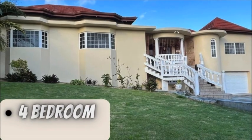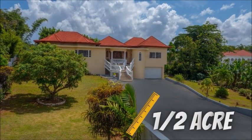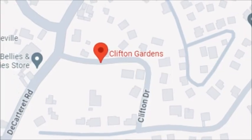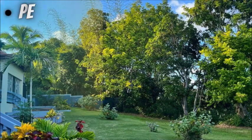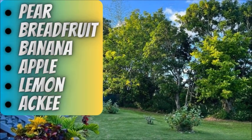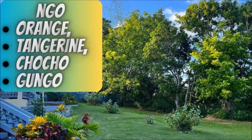We have here a gorgeous 4-bedroom, 3-bathroom home for sale. It sits on a well-fruited half-acre land and is located in the upscale area of Clifton Gardens, Mandeville. This home sits on a large land with pear, breadfruit, banana, apple, lemon, ackee, mango, orange, tangerine, chocho, and gungo,